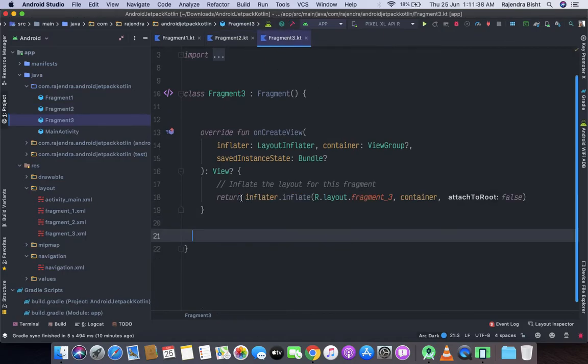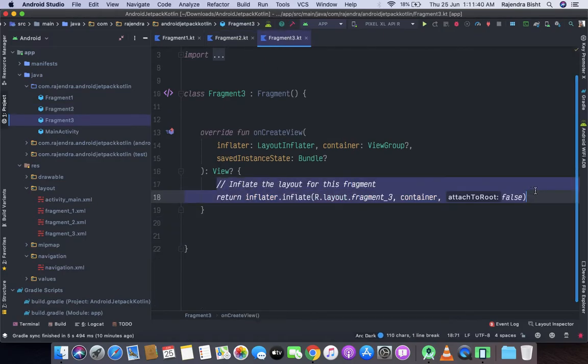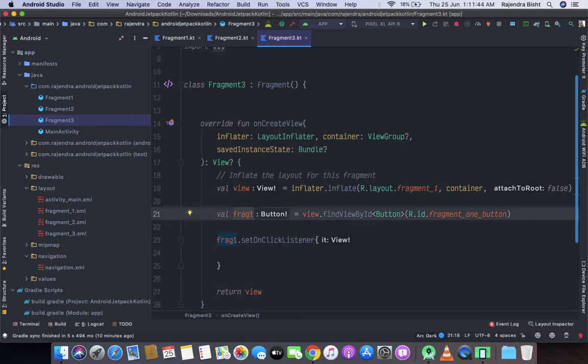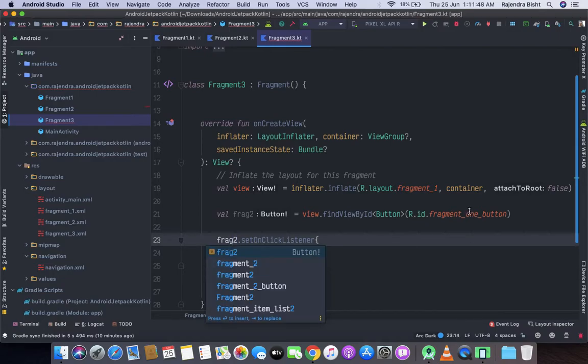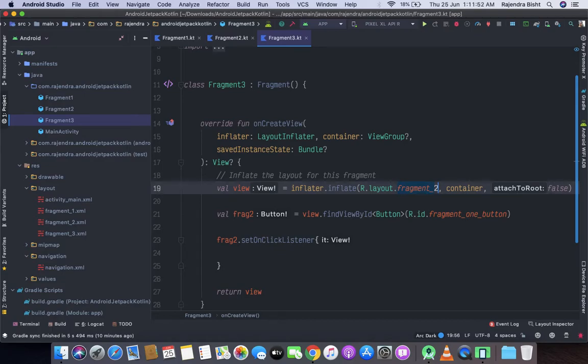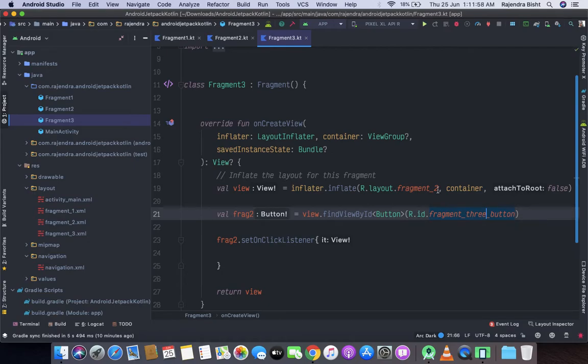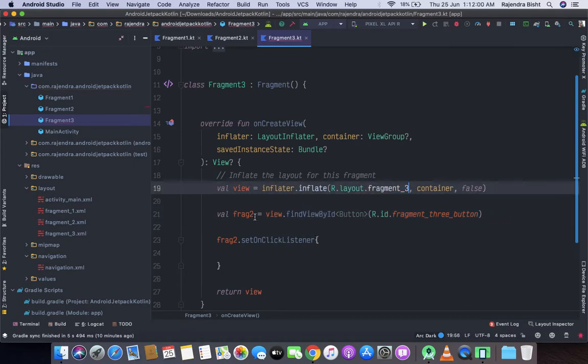Similarly, we will set up fragment 3. Let's change it to frag 2. Here the button ID is fragment 3 button. Sorry, here 3.